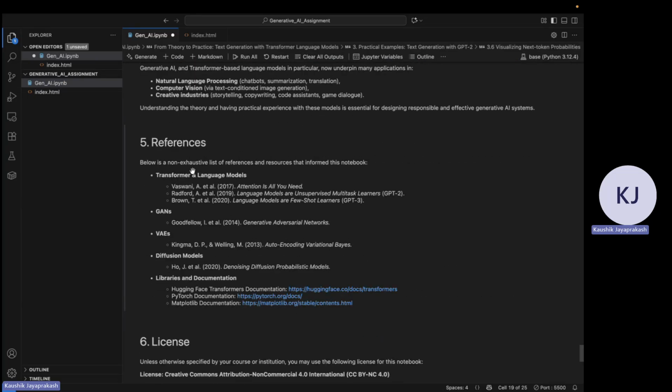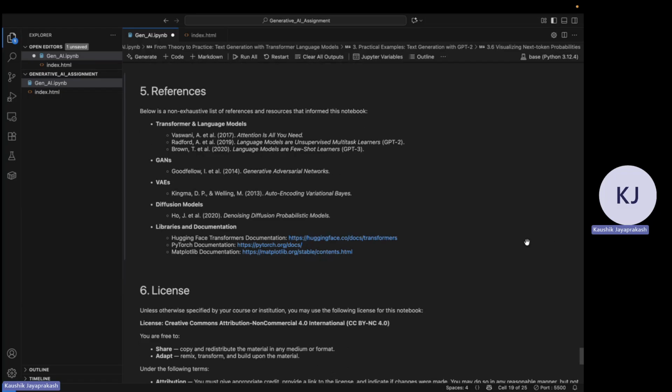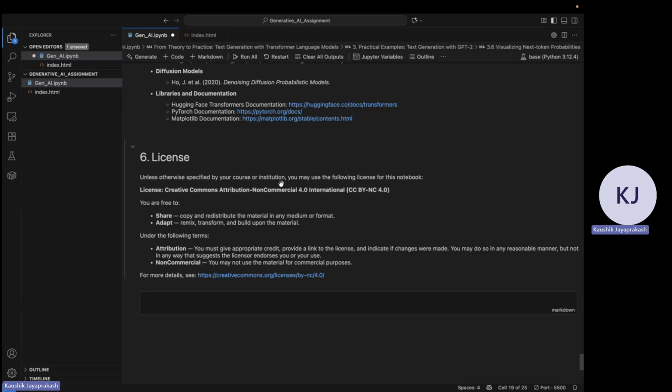I have taken my references from transformer language model resources, GANs, and a few notebooks and online resources. I've used the Hugging Face Transformers documentation and PyTorch documentation, and these are the licenses you can go through. Next, I'll be explaining